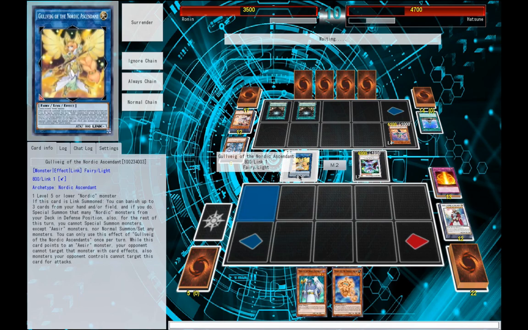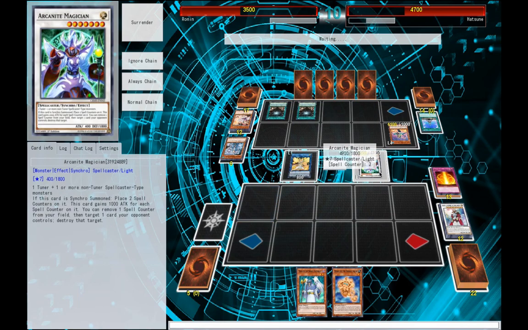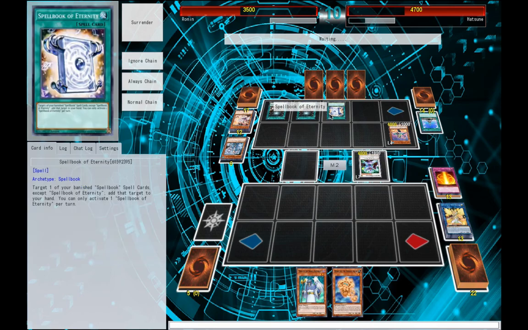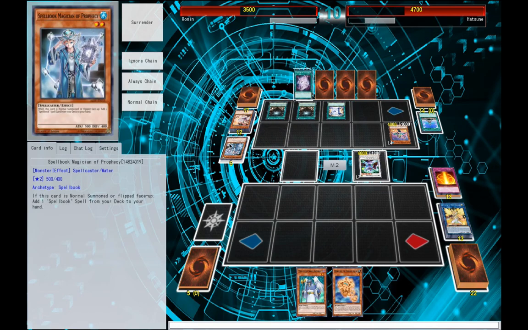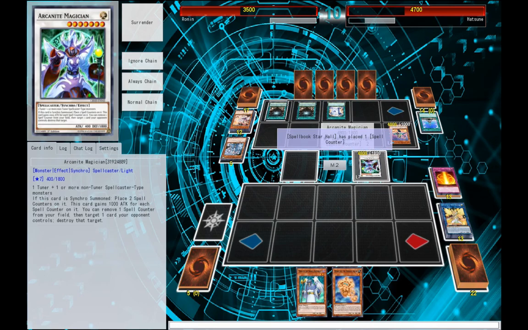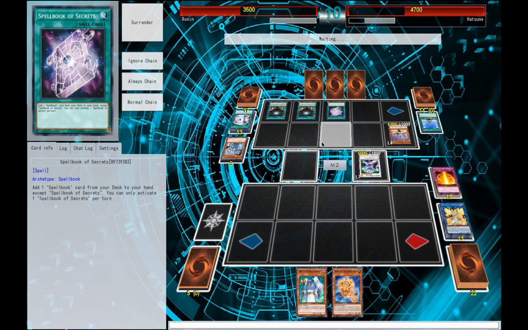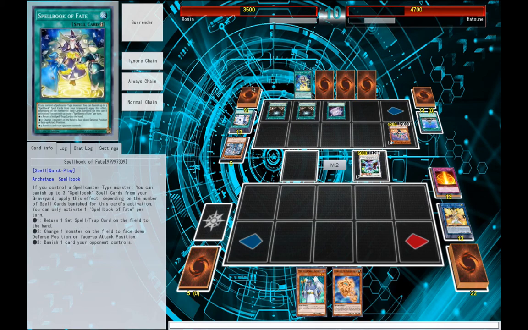Main phase 2. Arcanite is going to be destroying that. Oofs. Spellbook of Eternity to get back what? Thankfully, we can negate the Arcanite Magician. And now he's getting something. Alright, he's got Fate now, so that is...